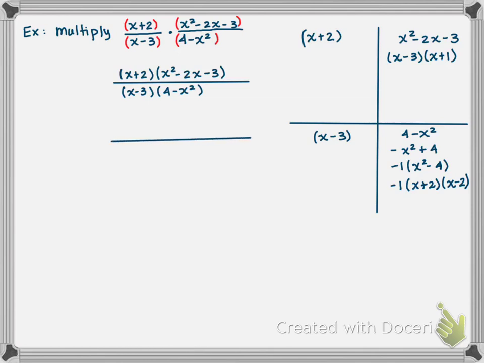So top left is x plus 2. Top right, we're going to replace with x minus 3 times x plus 1. Bottom left is still x minus 3, I guess. And then on the bottom right, we have to be a little bit careful, because if we just write it the way that we wrote it over there, like so,